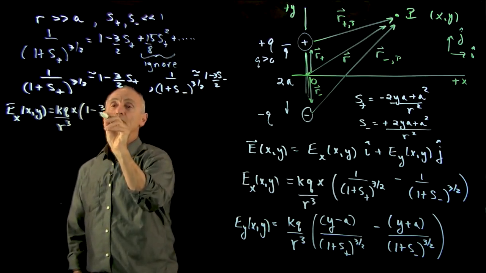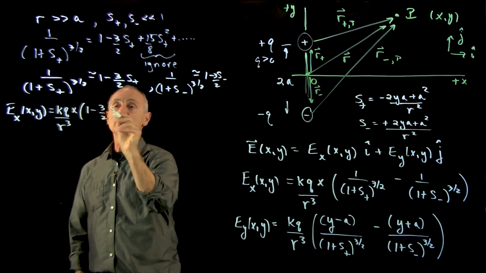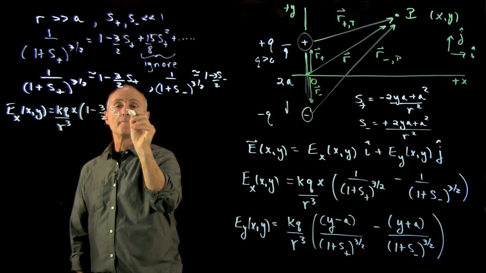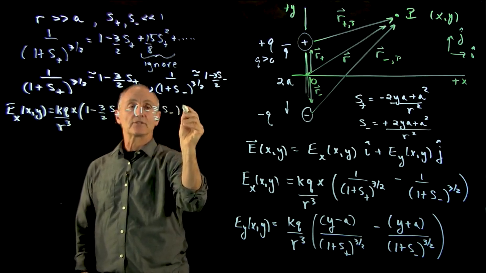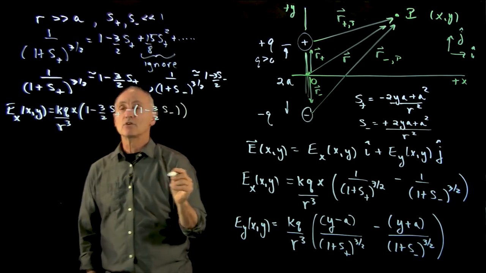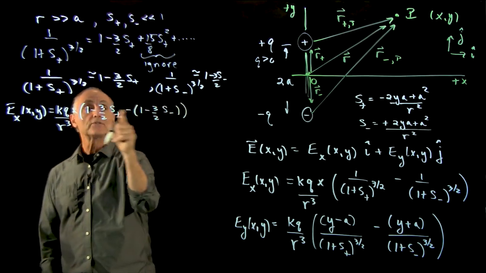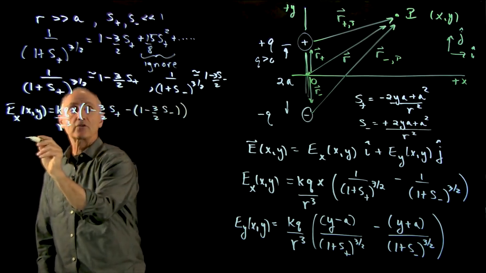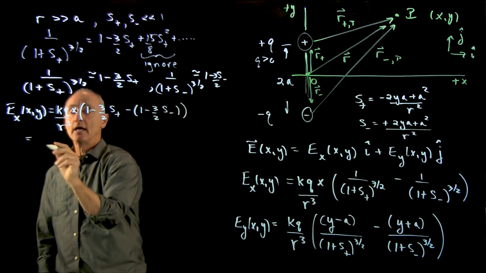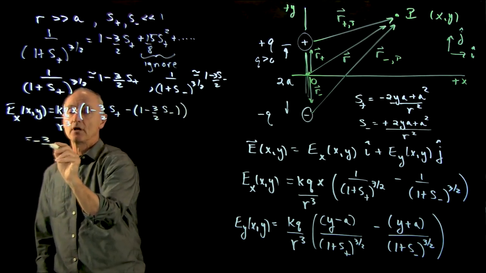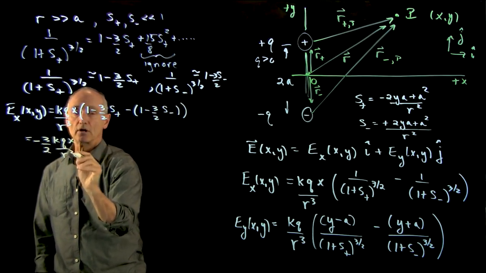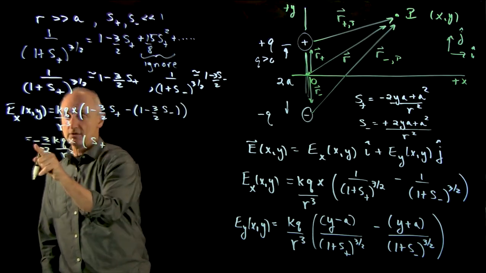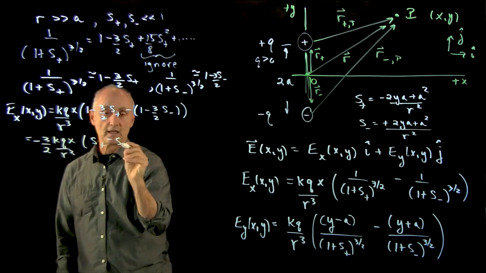And so we have 1 minus 3/2 s plus minus 1 minus 3/2 s minus. And so you can see that the 1's cancel. We have the factor 3/2 on the outside. And we can write that as minus 3/2 kq x over r cubed times s plus, that's where the minus is,